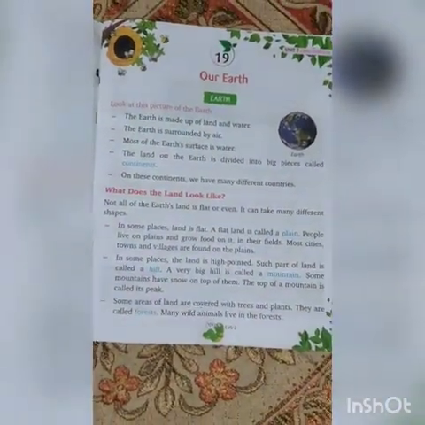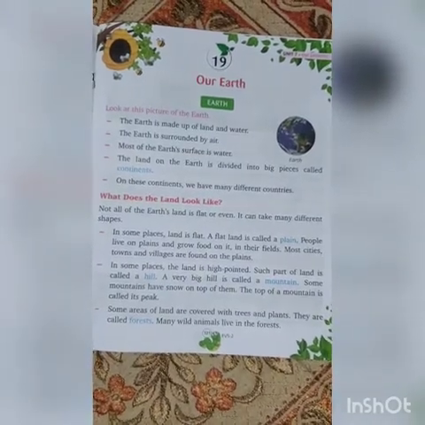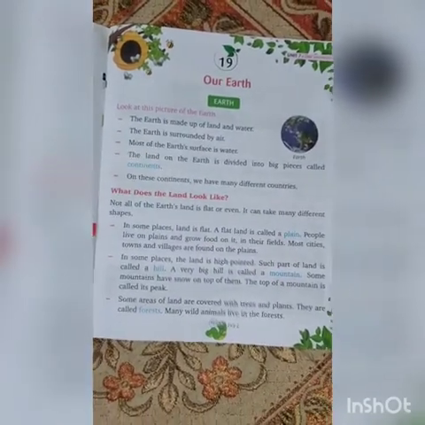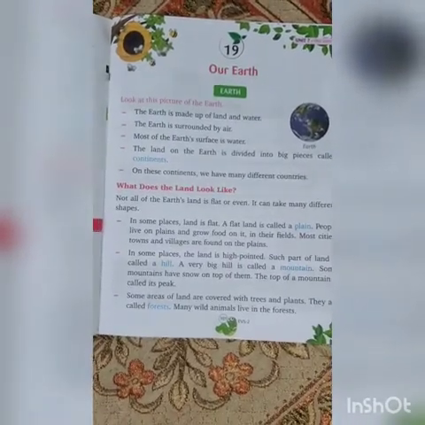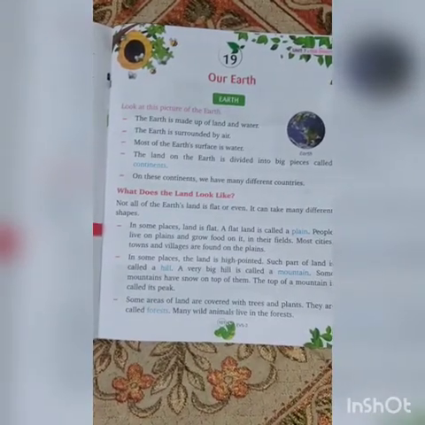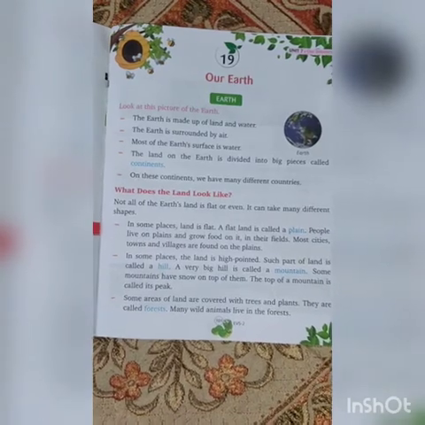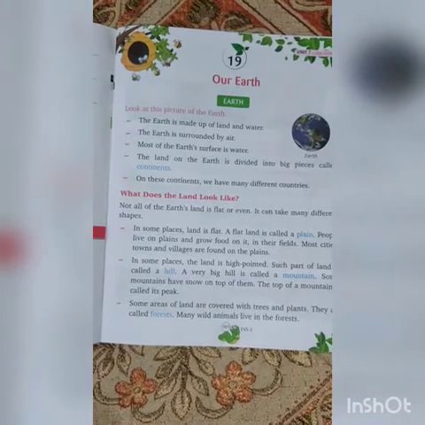The land on the Earth is divided into big pieces called continents. The land is divided into different continents like Asia, America, etc. So these are continents.